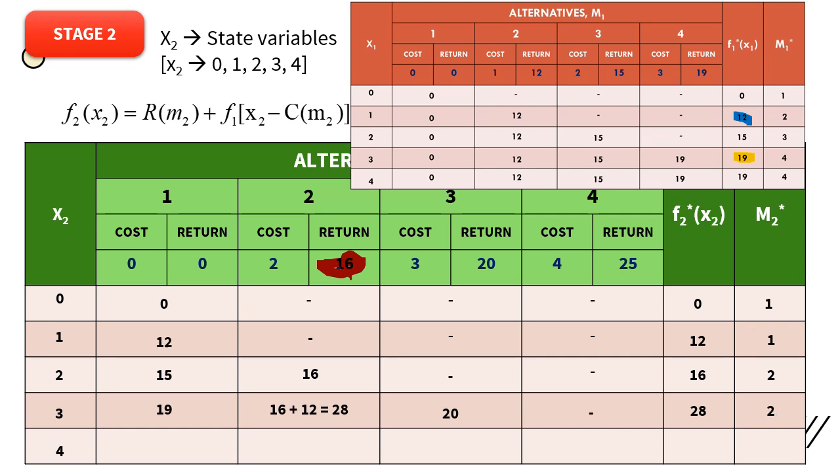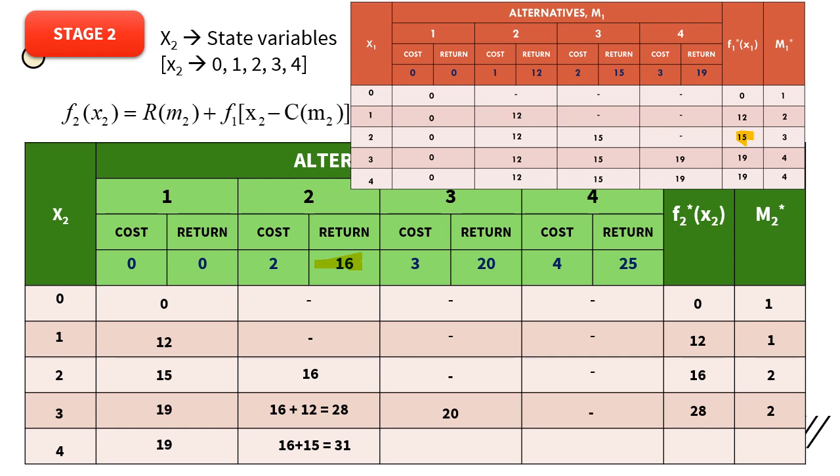Now let us proceed with the next one, which is 4 crores. For 4 crores, the best alternative for the previous plant is 19. So that is 19 I mentioned here. So next, if I have that 4 crore, I am spending 2 crores here, which gives you 16. Remaining 2 crores on the previous plant, which will be 15. So 16 plus 15, which will be 31.